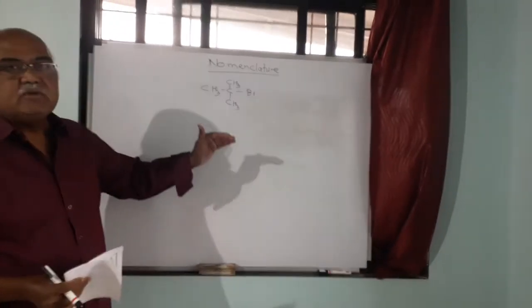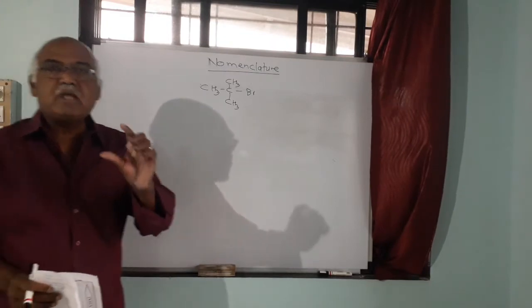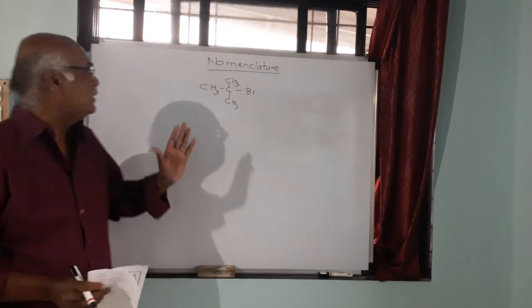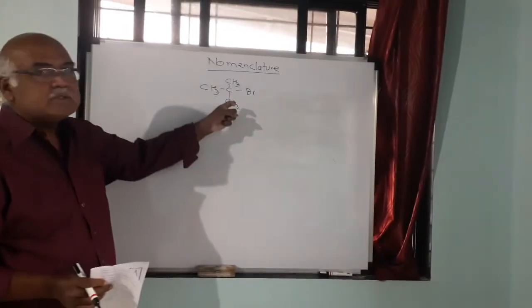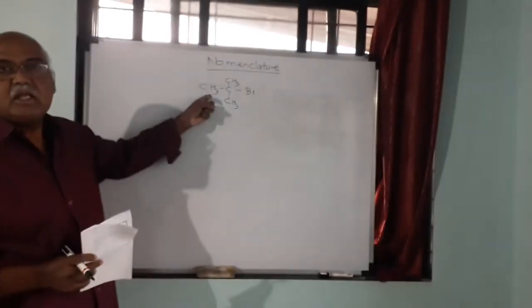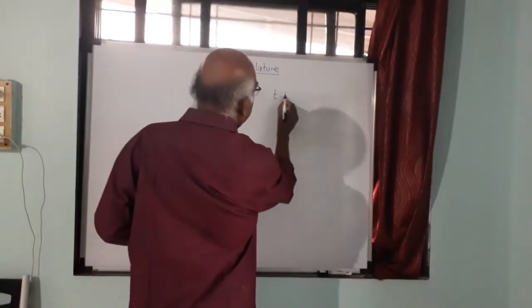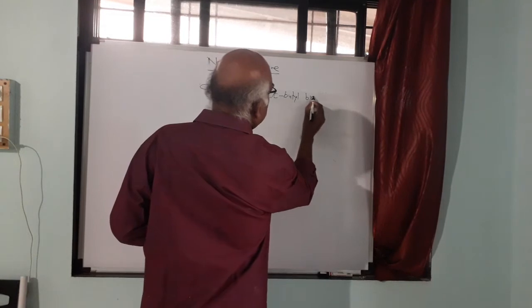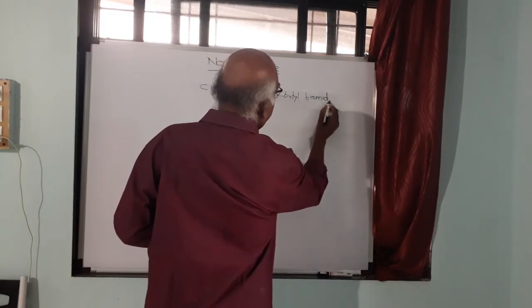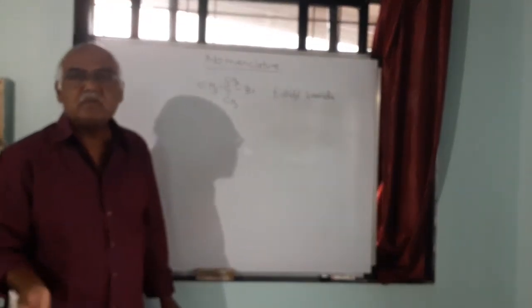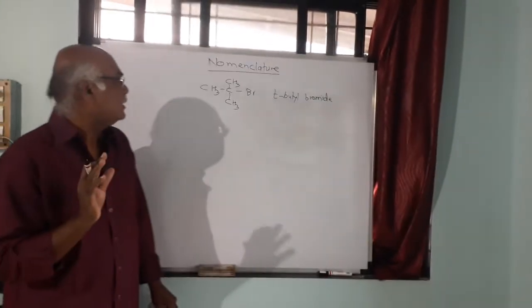Now in the common system, as we know, we have to take the name of the alkyl group and then the name of the halogen in the form of halide. Now there are 4 carbon atoms and this is a butyl group. But this particular butyl group is tertiary butyl group. So this will be tertiary butyl, and then the halogen is bromine. So this is tertiary butyl bromide. Okay, if there is chlorine, then tertiary butyl chloride. If it is iodine, then tertiary butyl iodide, like this.